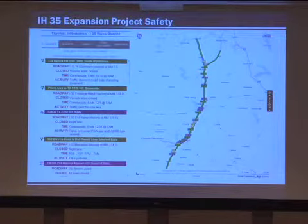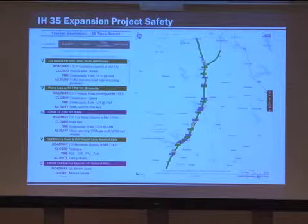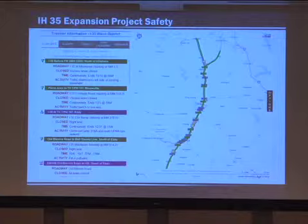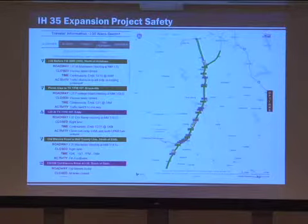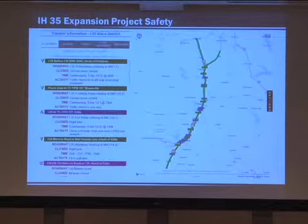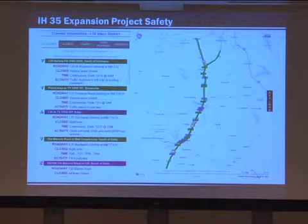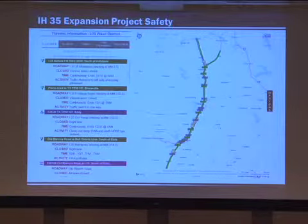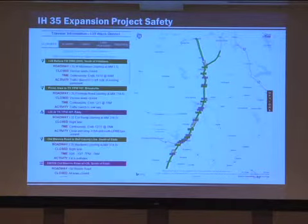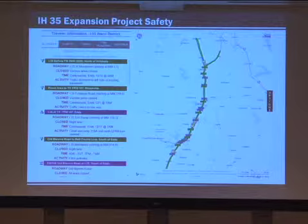If you go to my35.org and click on the map for the projects in the Waco area, you'll see a map like this. I don't know how well that can be seen there, but the highway is showing green, and in that instance traffic's flowing pretty well. If you click that options on the right, it'll show you what speed is expected when it's green, but that map and segments there can change to blue, yellow, red, I believe, maybe orange even, and again, that options will